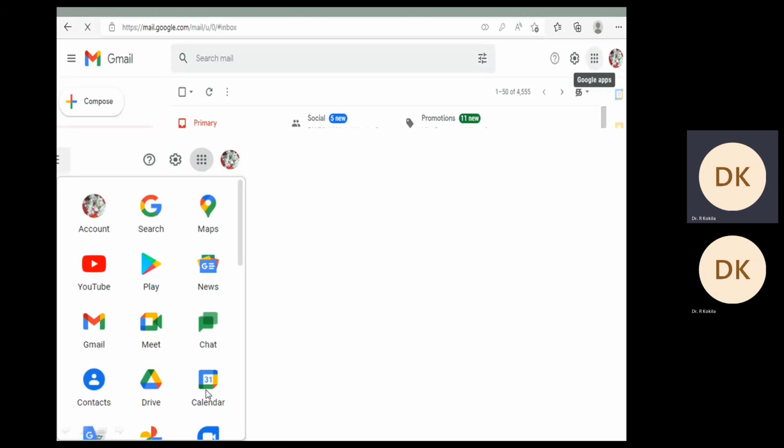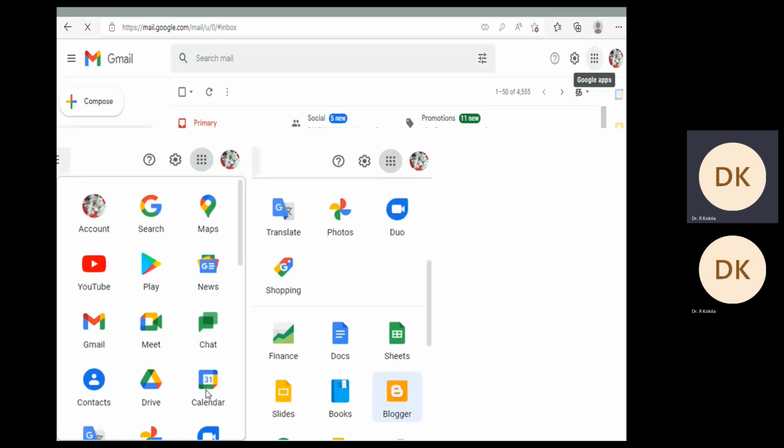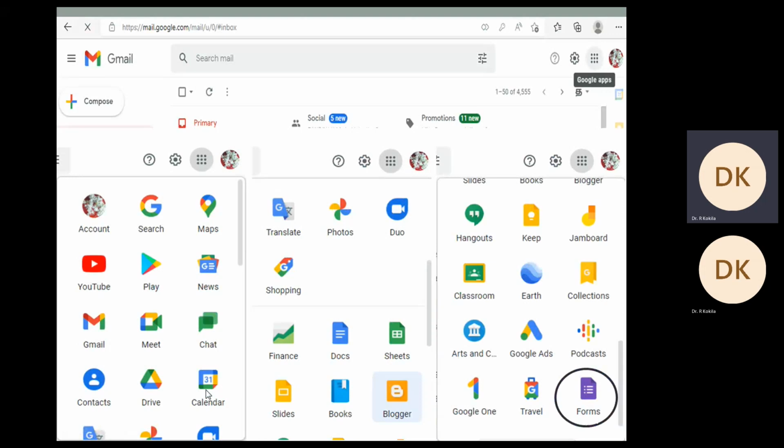List of the items that are created by Google and will be available, like your contacts, Google Drive, calendar, and then finance, Google Sheet. Google Sheet is nothing but Google Excel. PPT also you can create using Google, but we need the Google form. For that, first you have to click on this Google form. When you click this, automatically